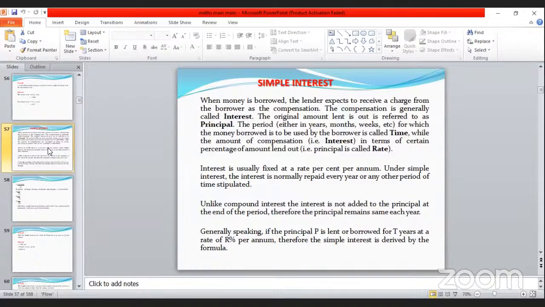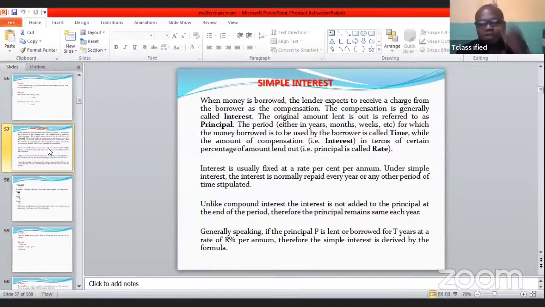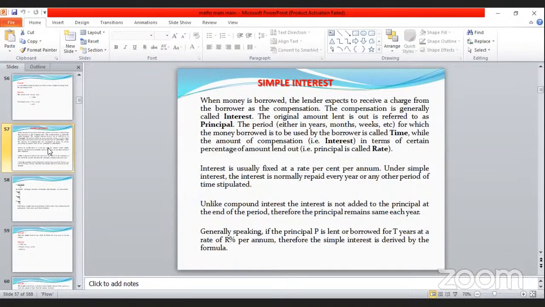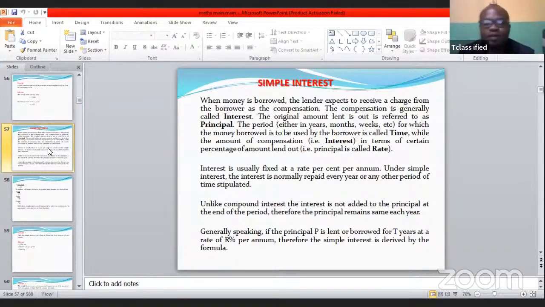Okay, now when money is borrowed, when you borrow somebody's money, or when you give money out, you call it lending. But when you are taking from somebody to pay back later, you call it borrowing. When you're giving somebody money to give you back later, you call it lending. So take note of these two words. So when money is